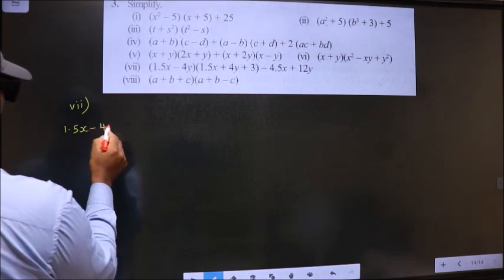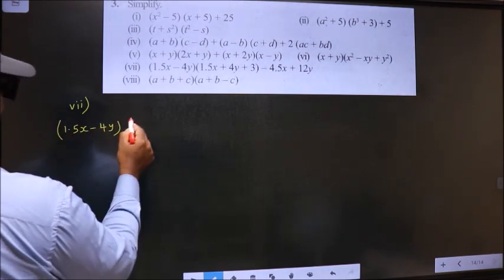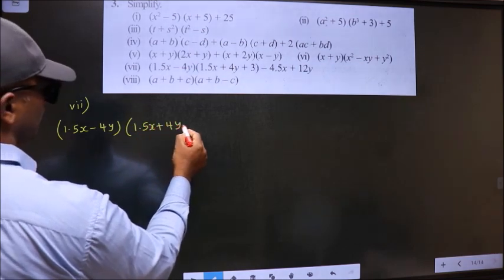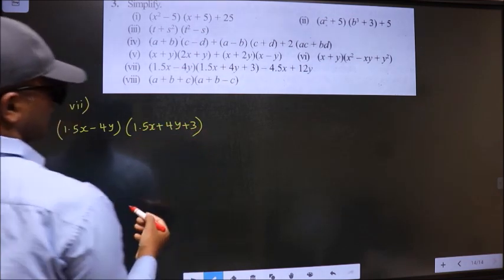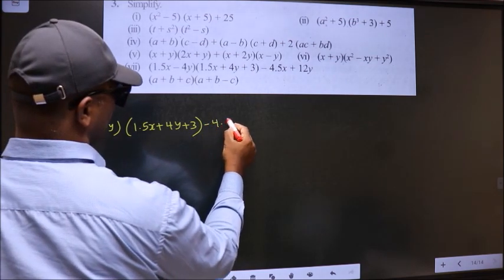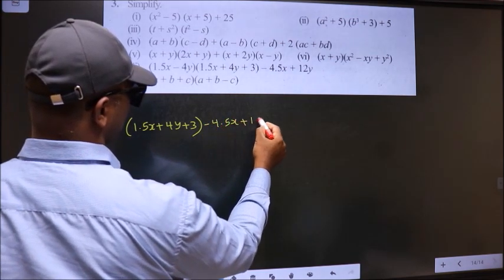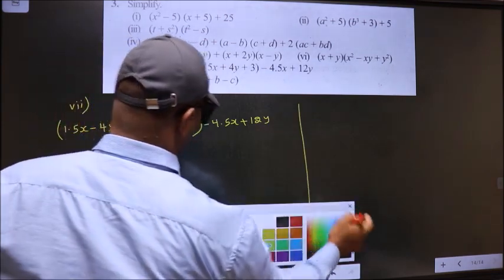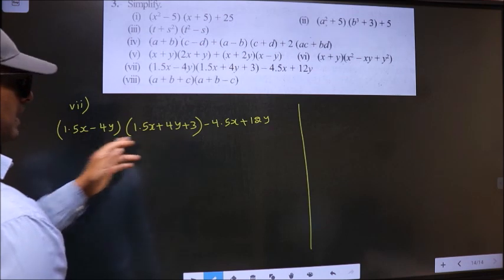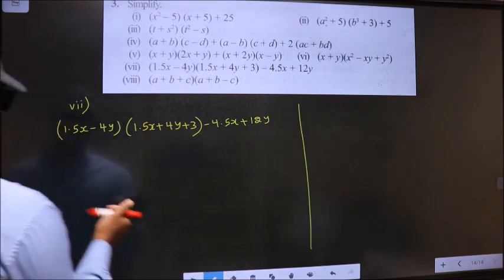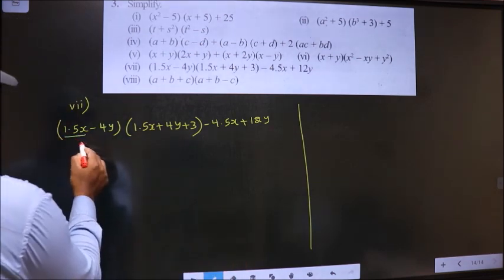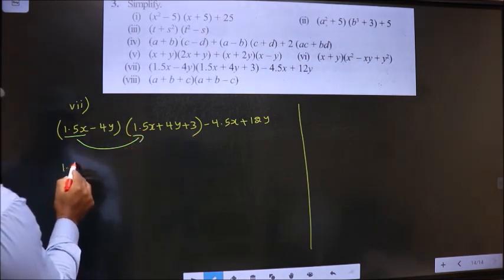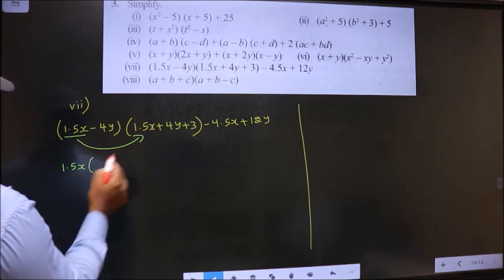(1.5x minus 4y) into (1.5x plus 4y plus 3) minus 4.5x plus 12y. Now, to simplify this, first with 1.5x we should multiply this entire bracket, that is 1.5x into